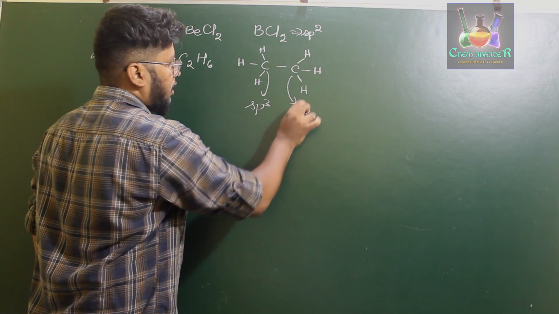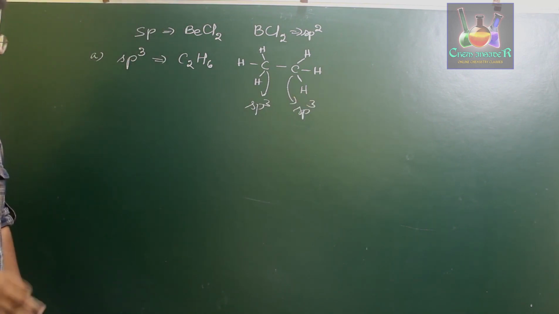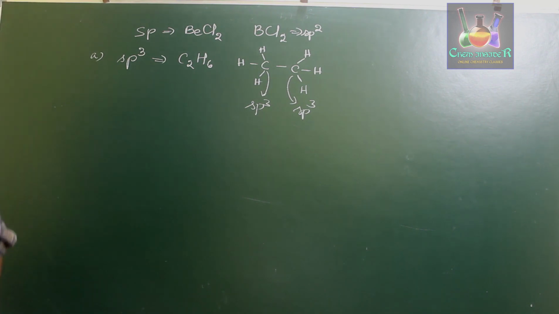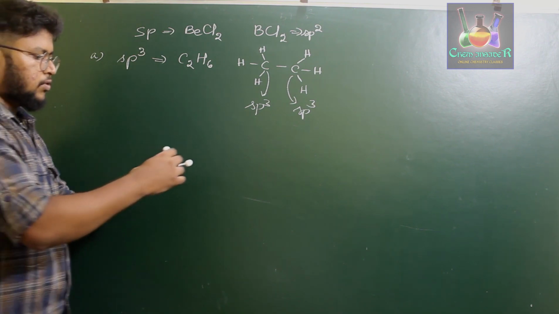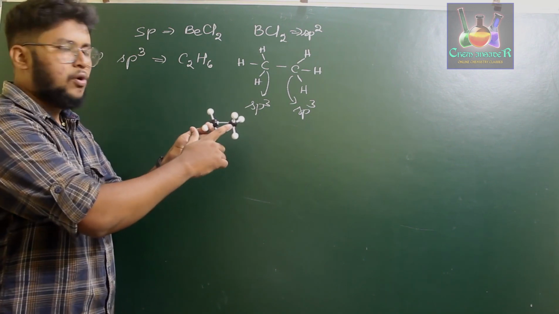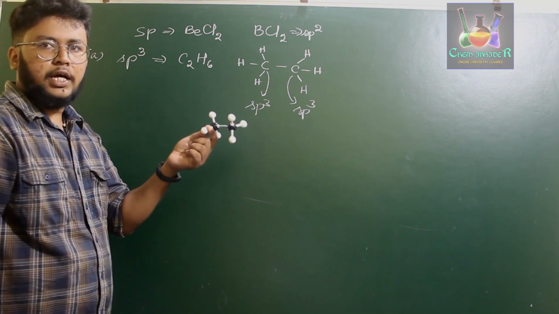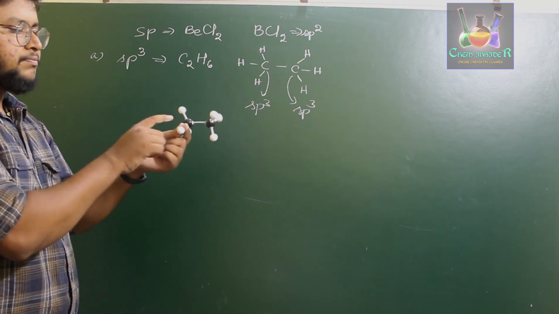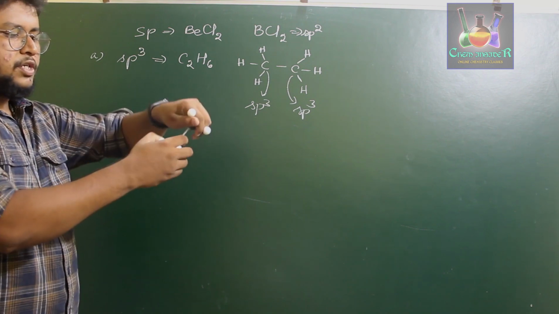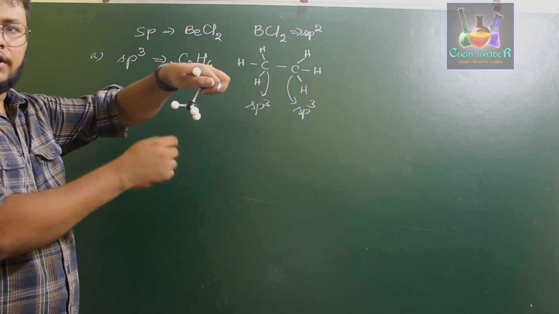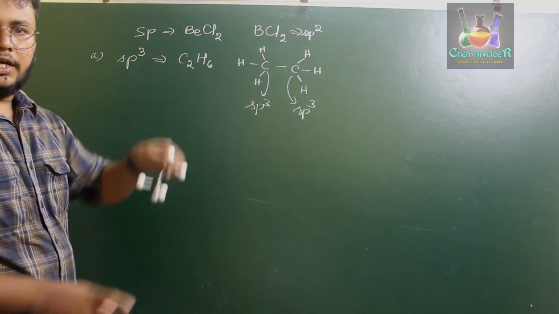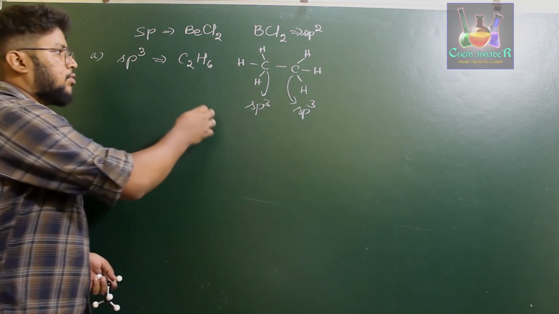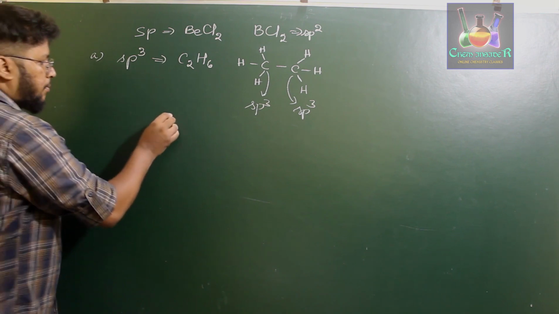Both of them will be undergoing sp3 hybridization and they will be forming tetrahedral geometry with one another, and therefore once you are considering those two, the structure will be like this. If you observe over here, the black balls are the carbon atoms, whereas the white ones are the hydrogen atoms. So this C2H6 compound will have carbon undergoing sp3 hybridization. If you just ignore the top one, this is clearly in a tetrahedral geometry. Similarly, this one also will be in a tetrahedral geometry. Since these two are undergoing sp3 hybridization, both of them will be in a tetrahedral geometry, and that geometry will be like this.